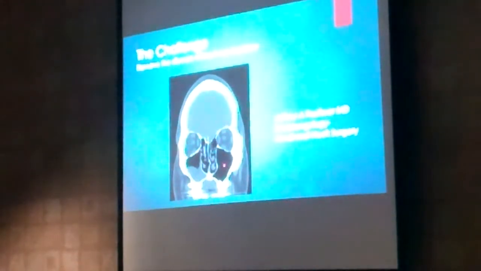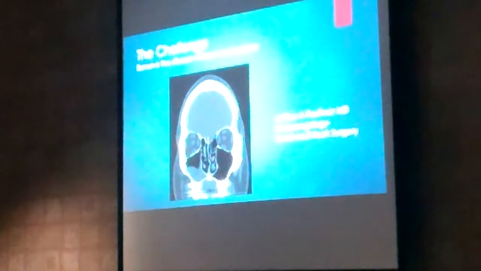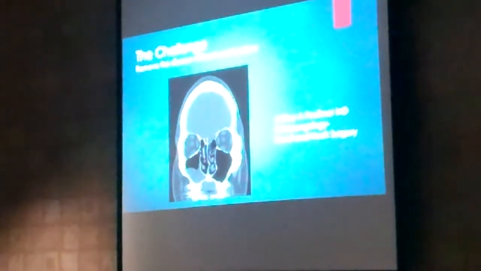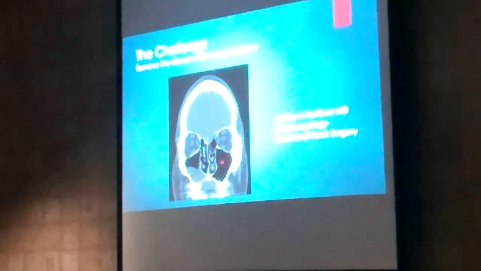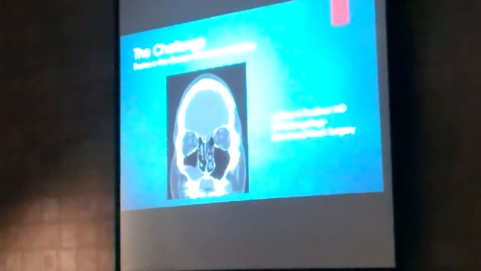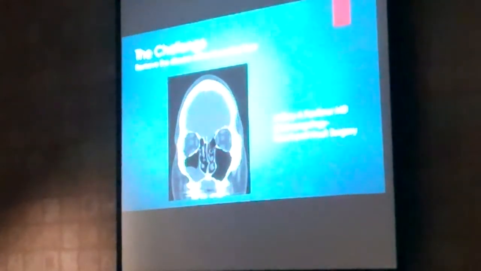Now over here, air shows up as black on a CT scan. So this is the sinus underneath the eye called the maxillary sinus, and it is a healthy one. It's pretty large, but it's healthy. Compare that to this side, and you'll see this soft tissue mass. It's gray, so it's either soft tissue or fluid, and it's kind of got a hump this way, so you